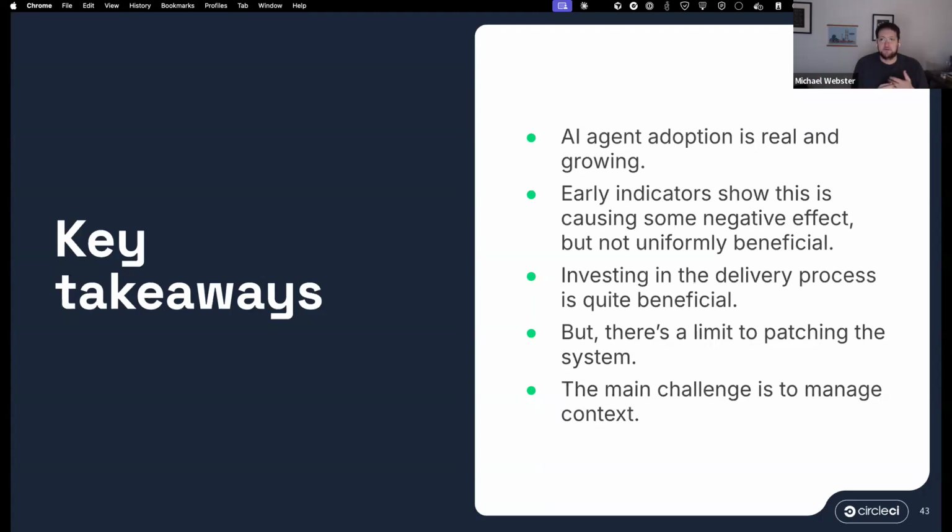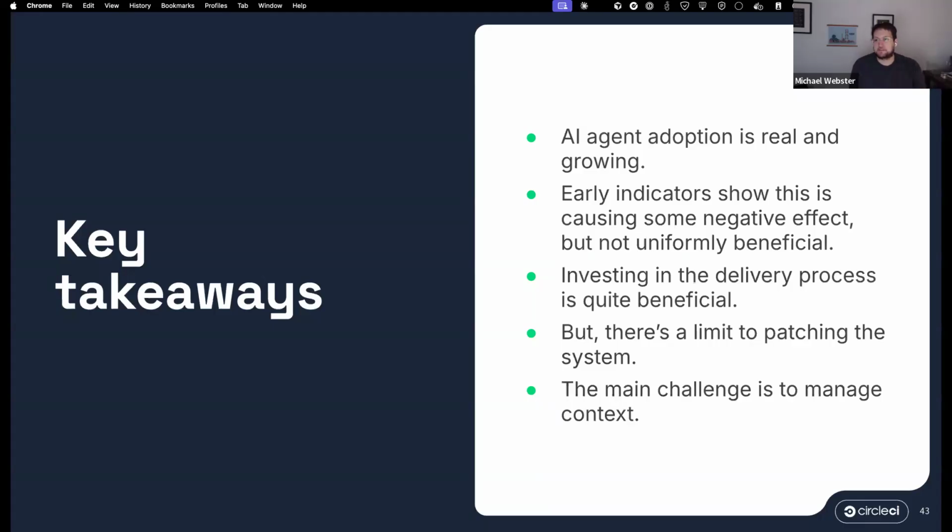Fixing your delivery process, which again is probably a thing that lots of teams have on their backlog, the build being slow, is quite beneficial. It's actually the quickest thing you can do to help reduce the impact of AI pushing more code through your delivery pipelines. It doesn't take a ton of improvement to the delivery process to be able to start making fairly significant increases to your development speed.